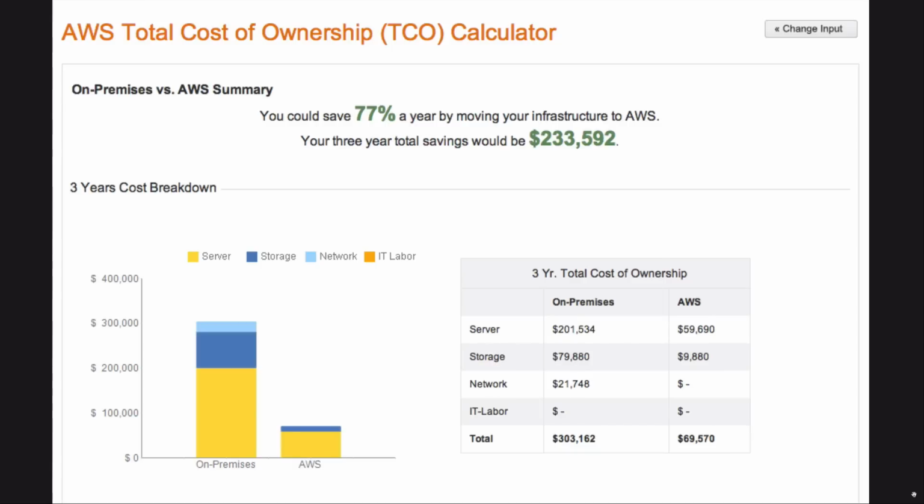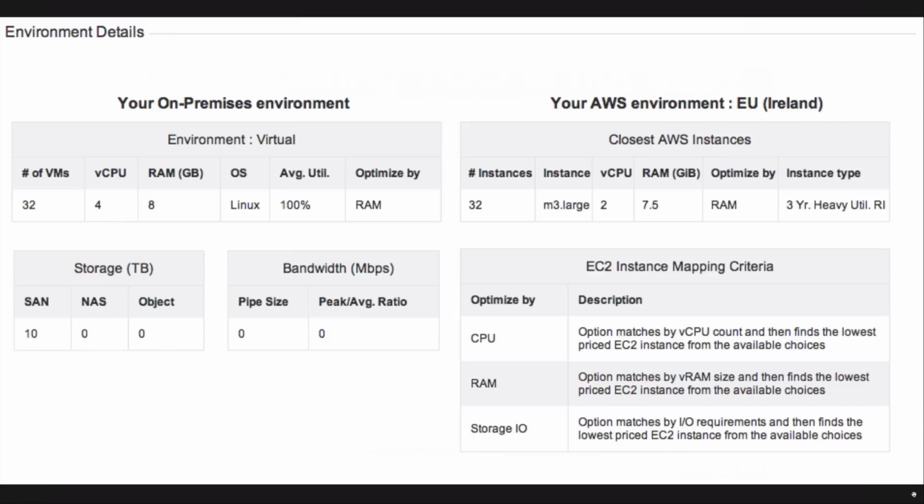And the TCO calculator will spit out a set of calculations which show you a more complete set of costs for running your infrastructure on your premises versus the complete cost for running your infrastructure within AWS. And they'll phase that over a 3-year period for you. And it'll include a lot of those hidden or less obvious components that we talked about in that last section.